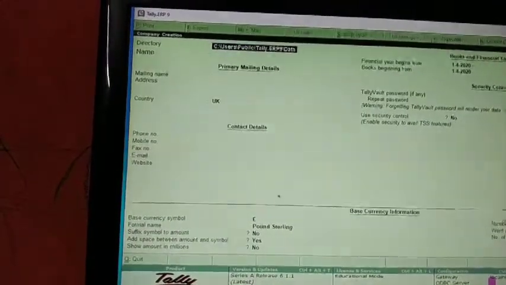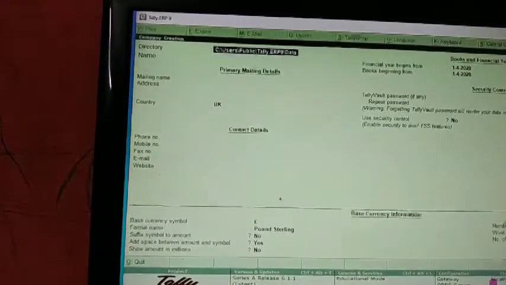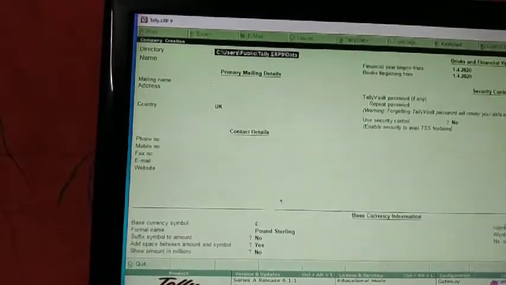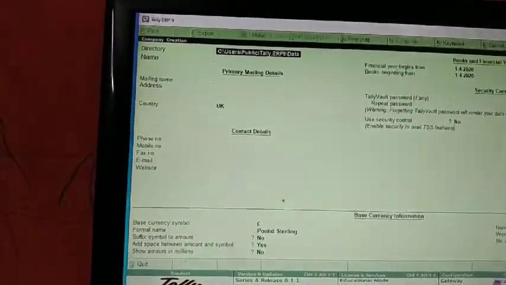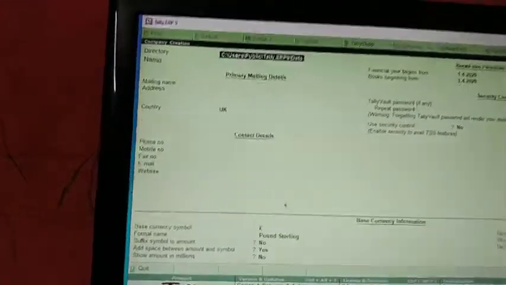There is a field called directory, wherein Tally ERP 9 assumes that the company is to be created in the data path given in the Tally INI file, which is displayed by default. This field is skipped by default.